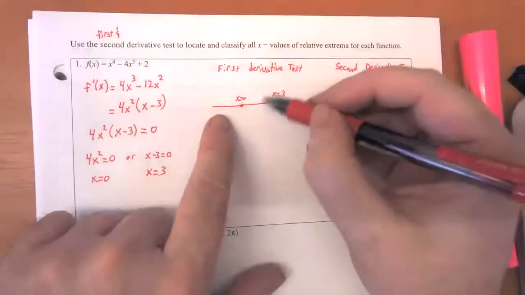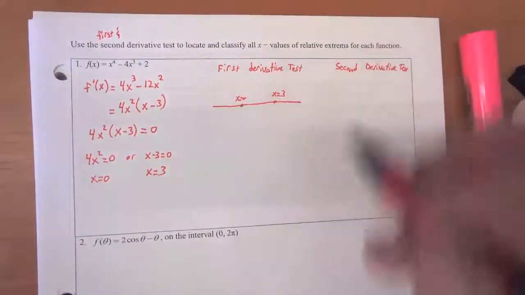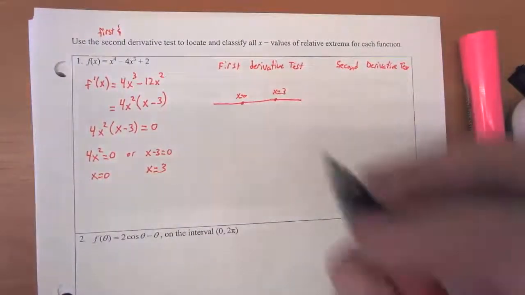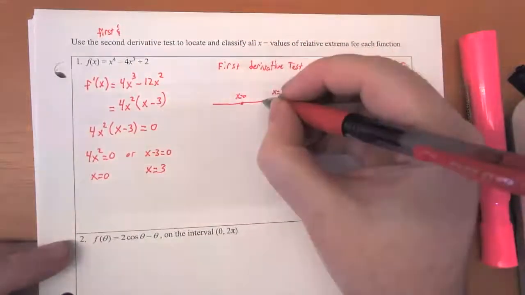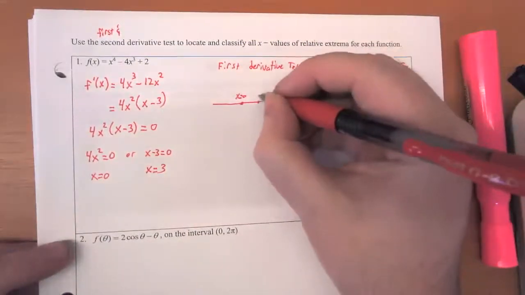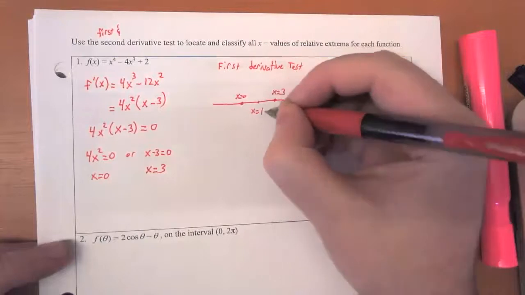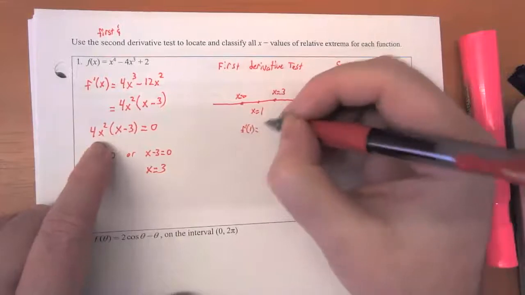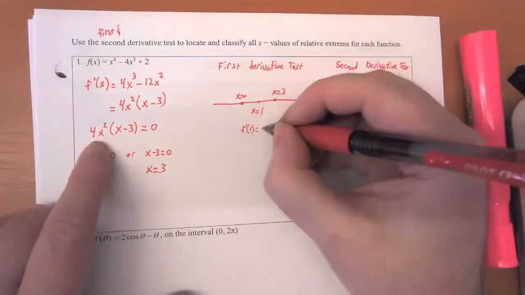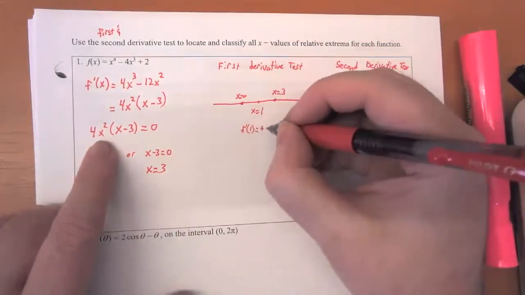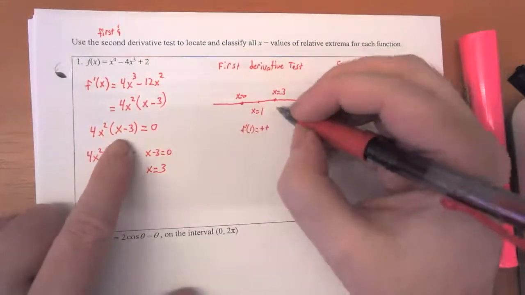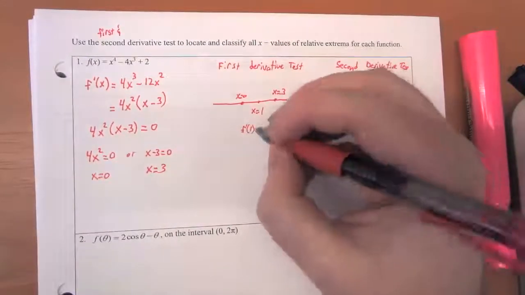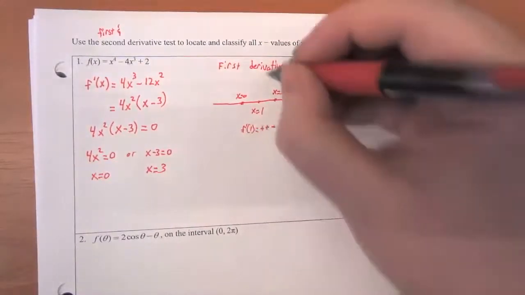And so I want to pick sample points, one from each of these three regions, and test to see if the first derivative is positive or negative in this zone. All right, so over here, I'll pick the middle one first, and I will pick x equals 1. So when x equals 1, f prime of 1 is equal to 4 times x squared, and I'm just going to put the signs down. 4 times 1 squared times 1 minus 3. All right, so this is negative,